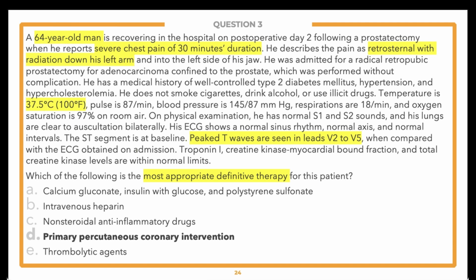Okay, so this is a very, very high yield, kind of a little more complicated thing. This is getting to the residency level knowledge, but it is something that they do test. This is what's going to separate the higher scores on Step 2, the 240 plus scores from the below ones. So that's why I think this question is a good one to get, because everyone knows, okay, cath